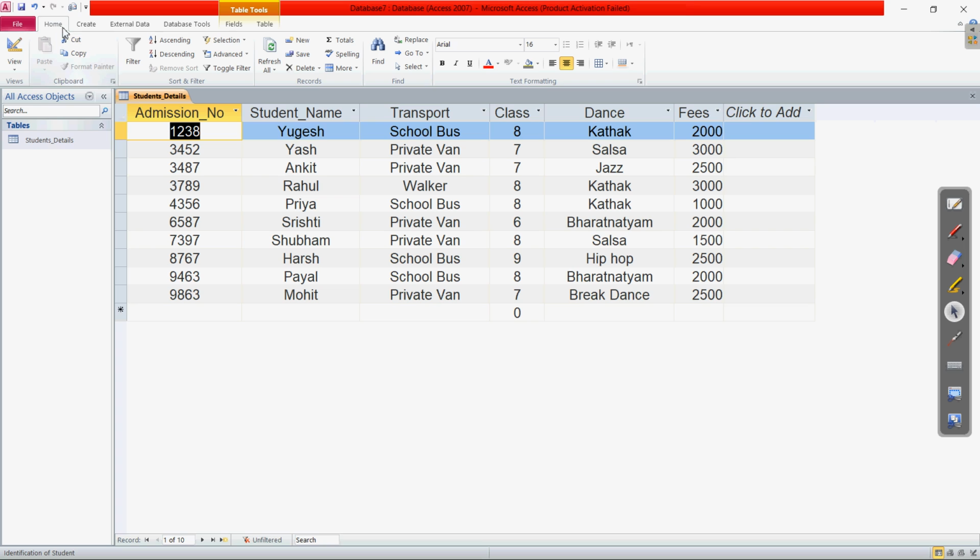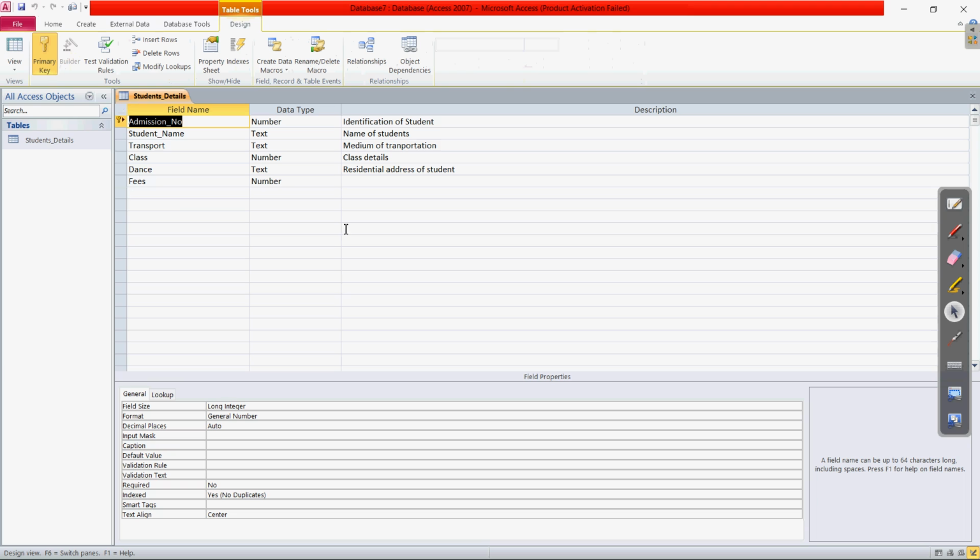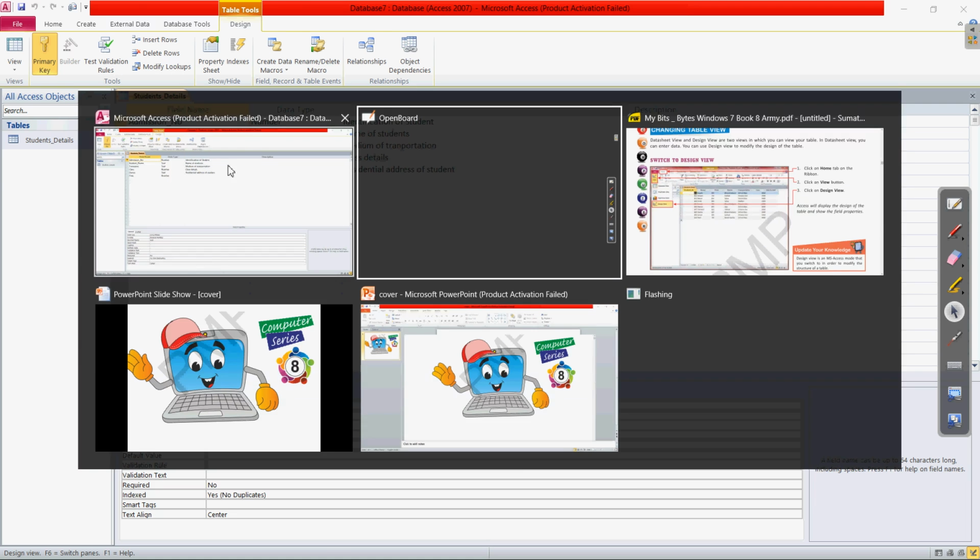Okay, so here is the home tab. In the home tab, if you click on the view button, here are the different names of the view. Clear? So datasheet view is the current view. If you want to change it to the design view, click on the design view. So here is the design view in which you can design your database. You can set some conditions, you can make any field the primary key. So here you can see the admission number has the key symbol. It means that admission number is the primary key of our table. Clear? Coming back to the textbook.